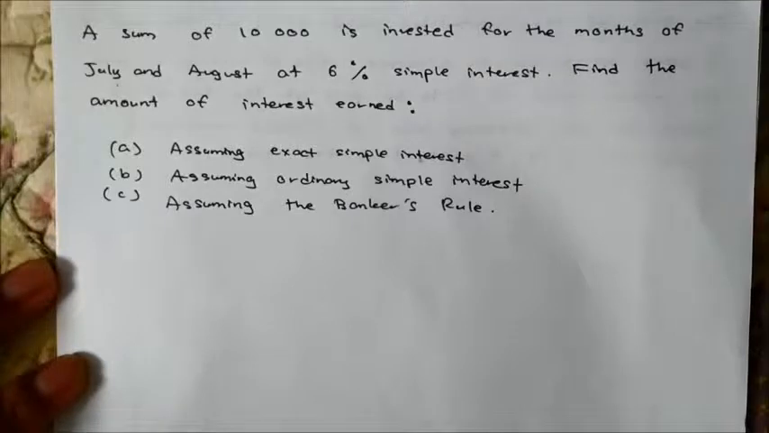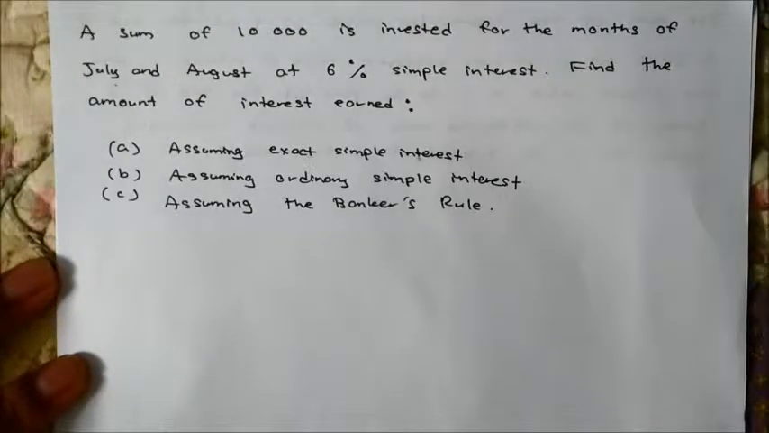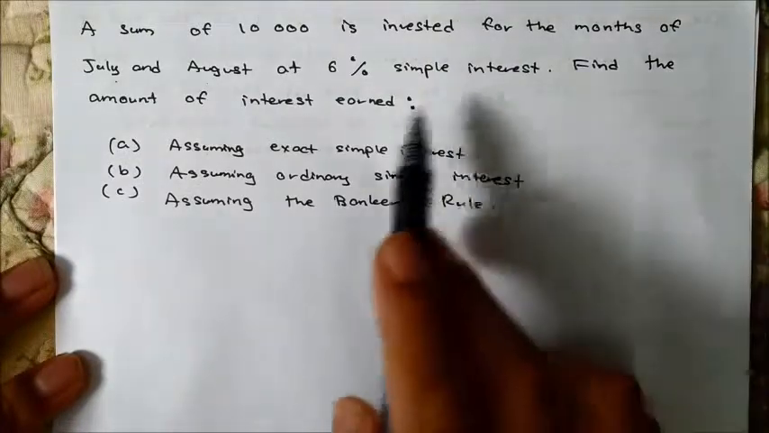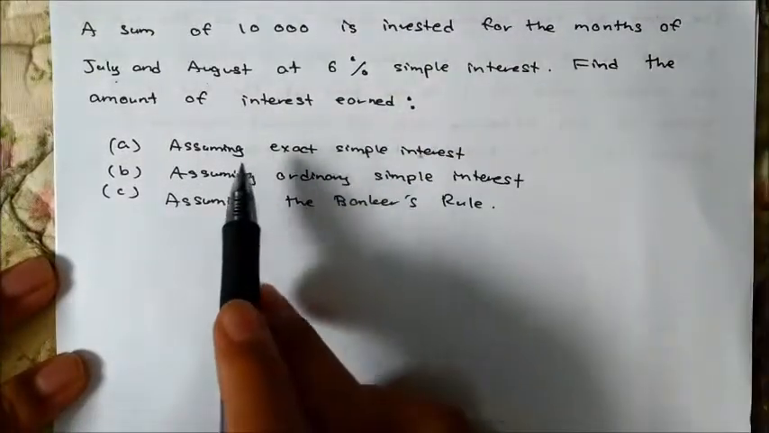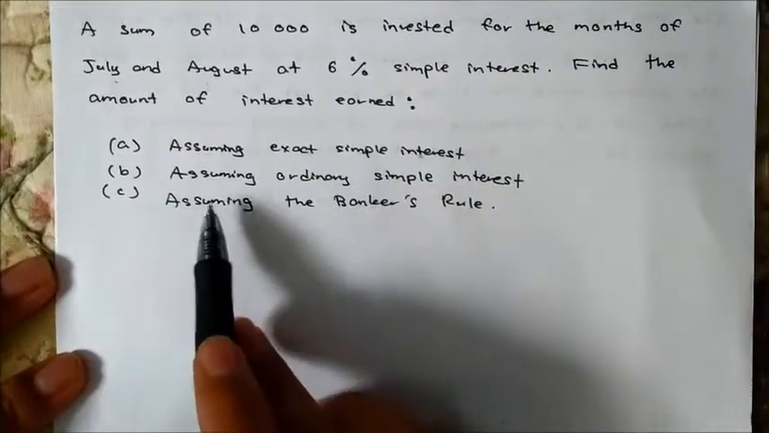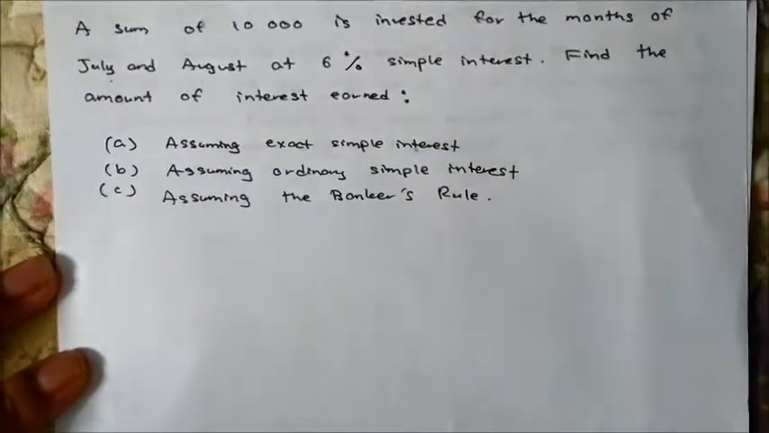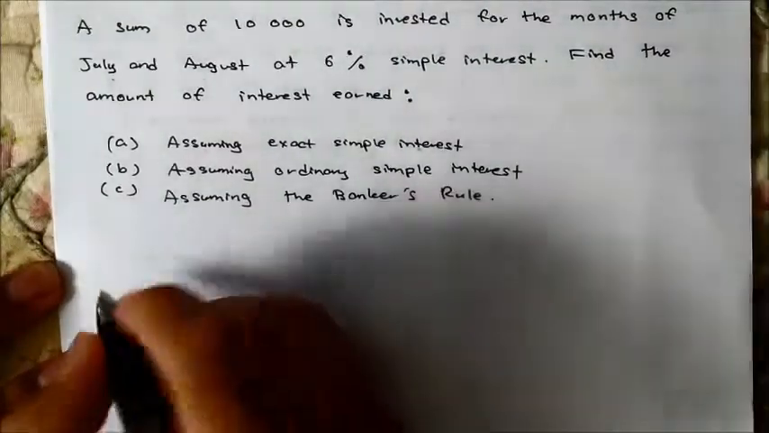The sum of 10,000 is invested for the months of July and August at 6% simple interest. Find the amount of interest earned: A, assuming exact simple interest; B, assuming ordinary simple interest; and C, assuming the banker's rule. Alright, so for the first question, A,